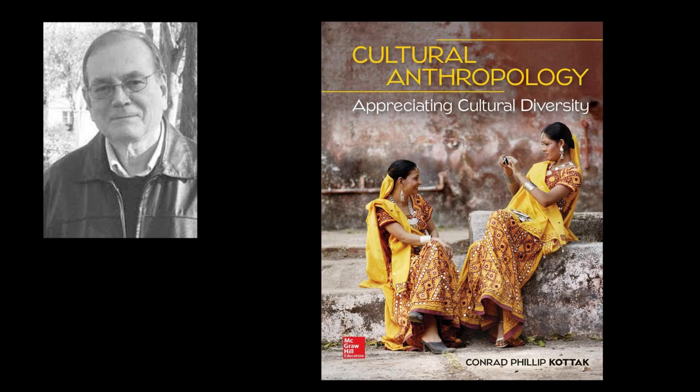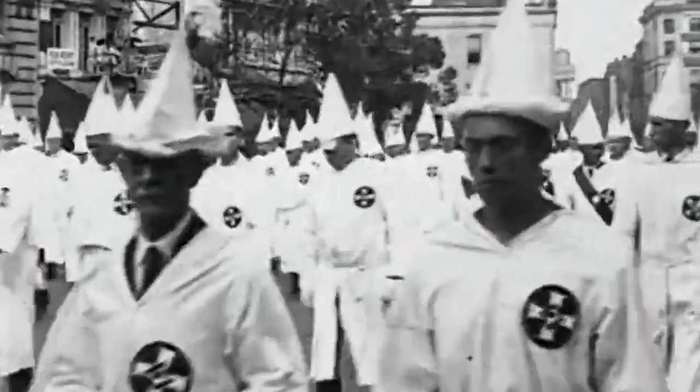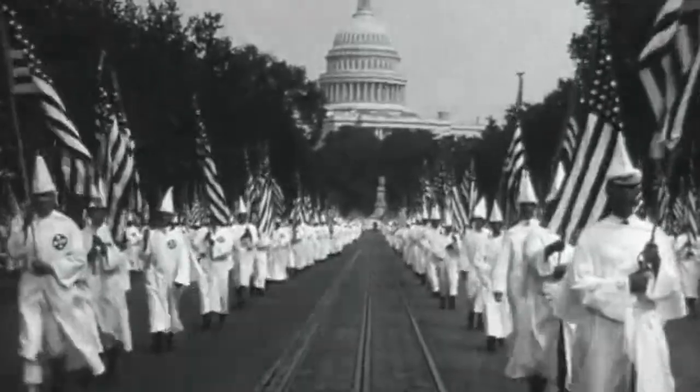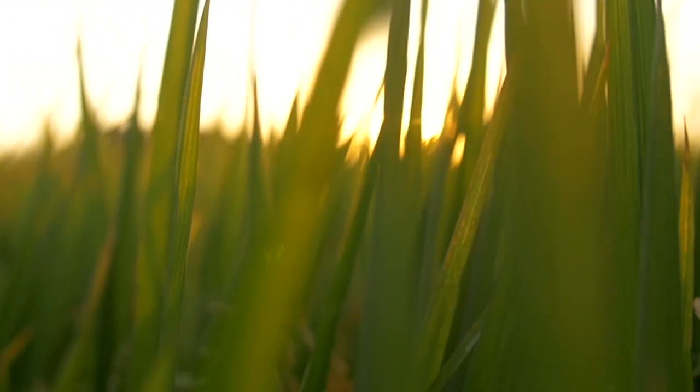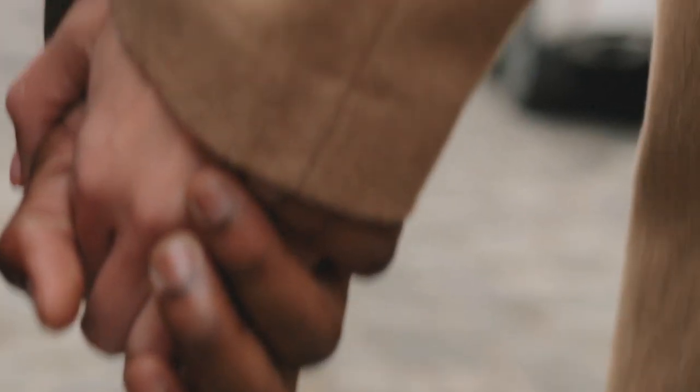Both of these theories are examples of ethnocentrism, which according to Konrad Kottak, writer of textbook Cultural Anthropology: Appreciating Cultural Diversity, is an extreme preference for one's own ethnic group and the denial of the same rights as their own group to others. Ethnocentrism existed in the United States for a very long time, but if the Civil War and the 13th Amendment showed us anything, it is that these traditional ways of thinking can be overcome, allowing equal rights and treatment for every race.